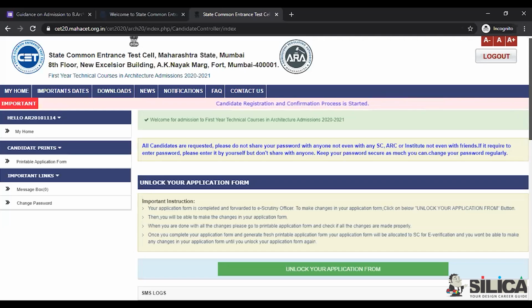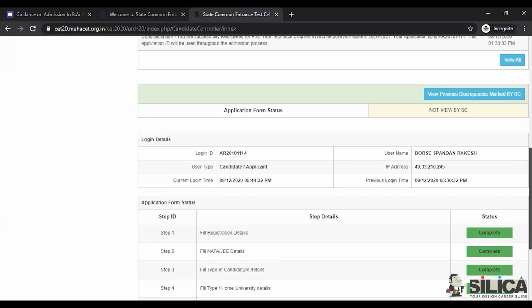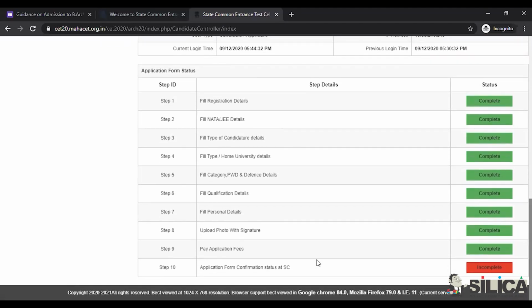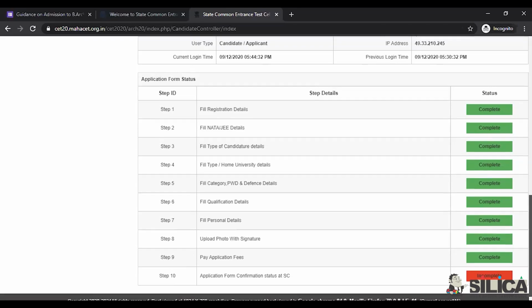Keep your email ID and password safe, and just write it down or note it down anywhere so that you don't forget them. Keep checking your logins daily, because you don't know when they approve the status, and if there are any errors, you can clear them as soon as possible. Thank you.